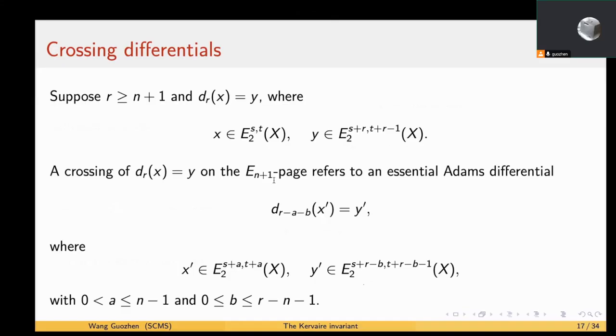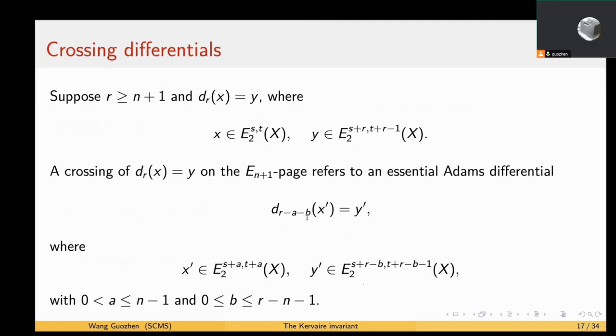Now we can give a notion of crossing differentials. Suppose that r is greater or equal than n plus 1, and we have a d_r differential from x to y, with x lying in E_2^{s,t} and y lying in E_2^{s+r,t+r-1}. Then a crossing of this d_r differential on the E_{n+1} page refers to an essential Adams differential d_{r-a-b}